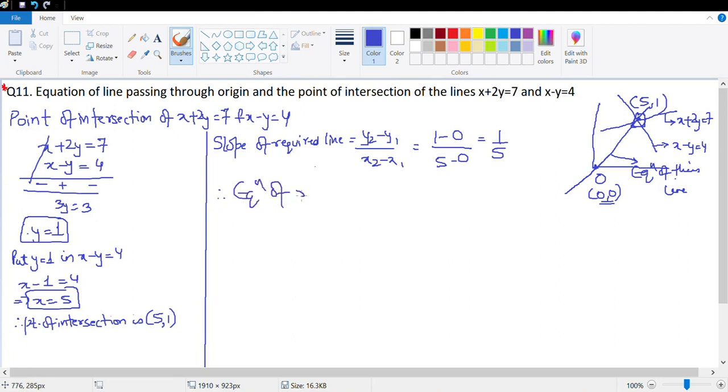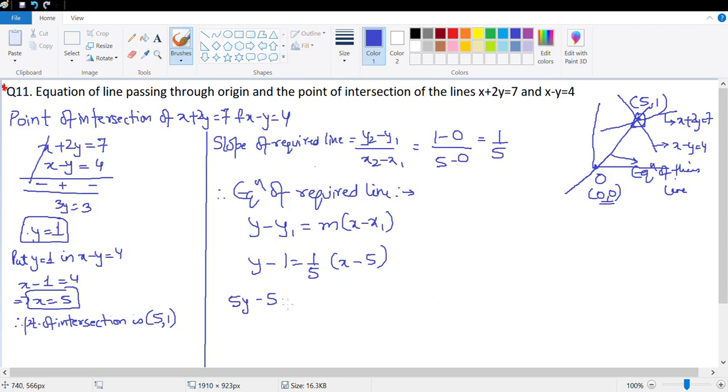So equation of required line will be given by the formula y minus y1 is equal to m times (x minus x1). So y minus y1, let's take y1 as 1, m is 1 by 5, x minus x1, let's take it to be 5. Let's cross multiply. So this will be 5y minus 5 is equal to x minus 5. Minus 5 and minus 5 get cancelled from both sides. So I get 5y minus x is equal to 0. So this is the required